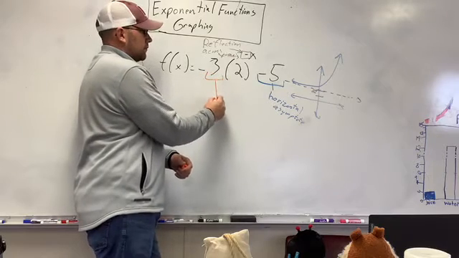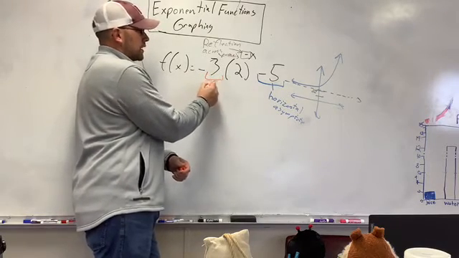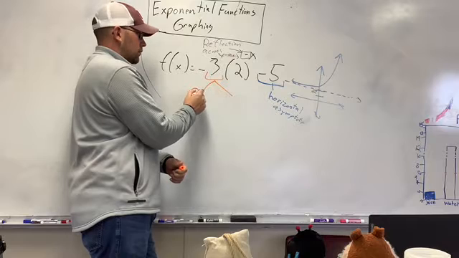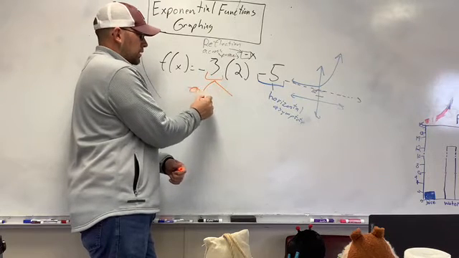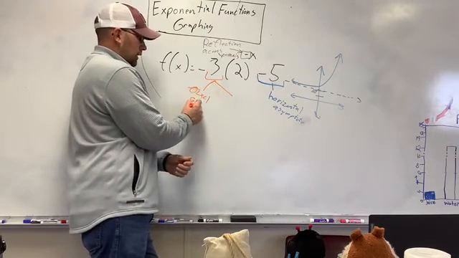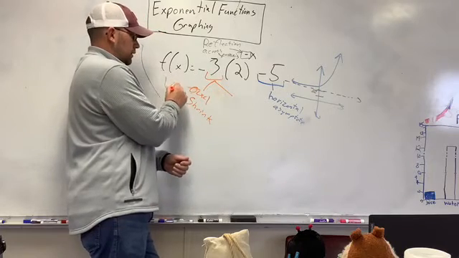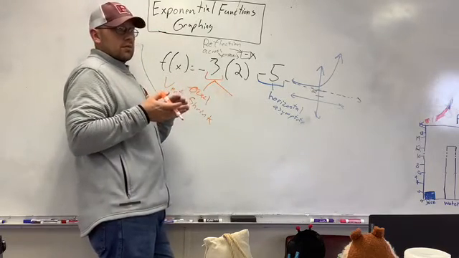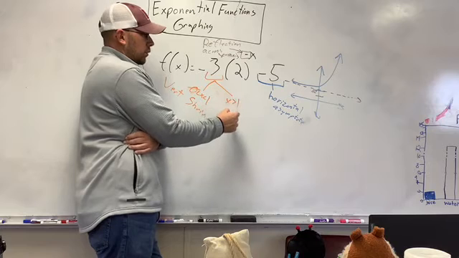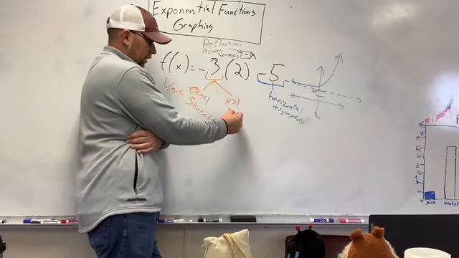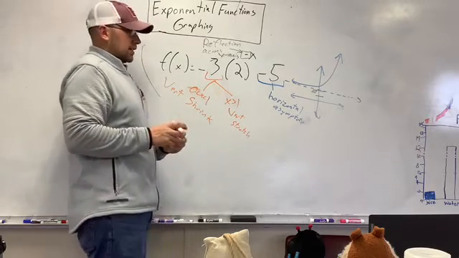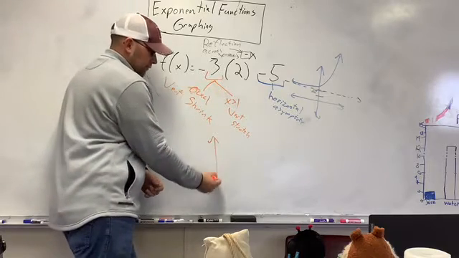This number right here represents two different things. If this number is somewhere between 0 and 1, it's called a shrink. It's a vertical shrink. And if this number is greater than 1, it's a vertical stretch. What that means is, if I have a graph here,